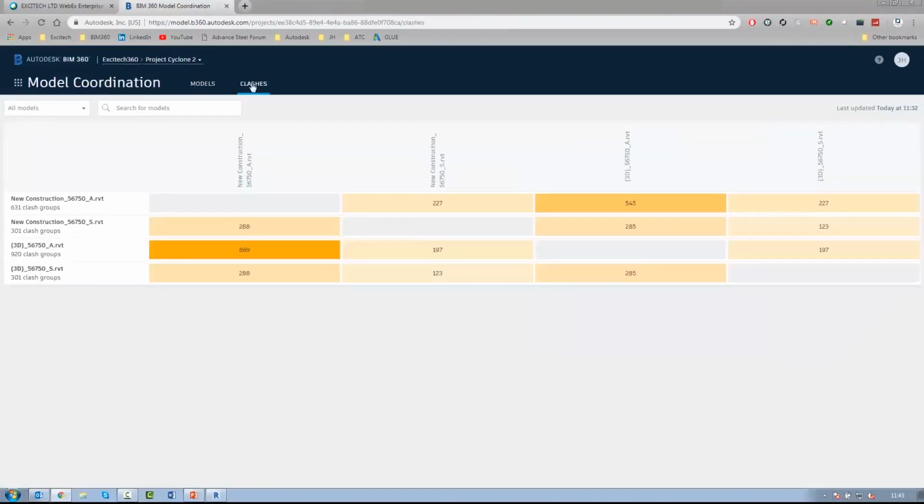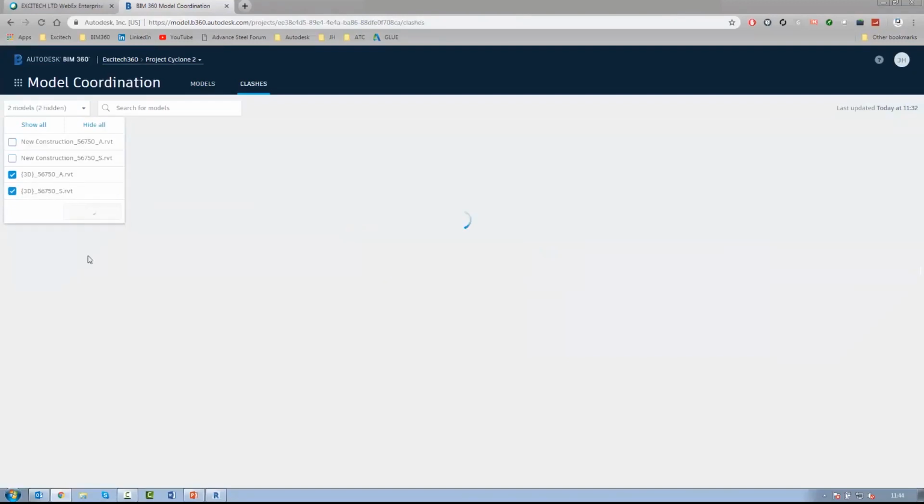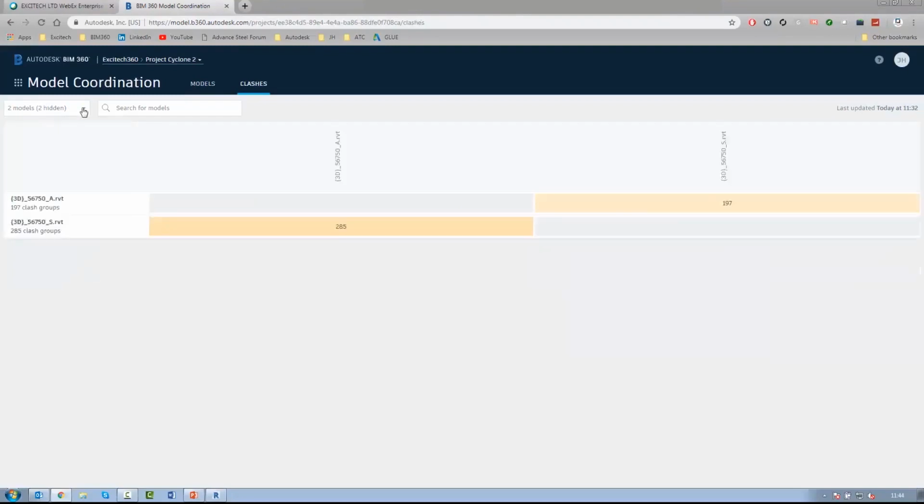So if I click into clash, you will see that it shows me a matrix automatically of the models that I've uploaded, and it will list them on the left, and then it will list them on the top, and it will give a matrix with a number within that. Now what it's showing here is the number of clashes that it's actually found. So it's actually doing a real-time clash detection of your uploaded models. What we can do is we can start to filter what we can actually clash against. So if I just turn off, let's say, the new construction aspect and just apply it on basically the core architectural and the core structure, it will rebuild the matrix, and it now tells me that I've got 285 clashes